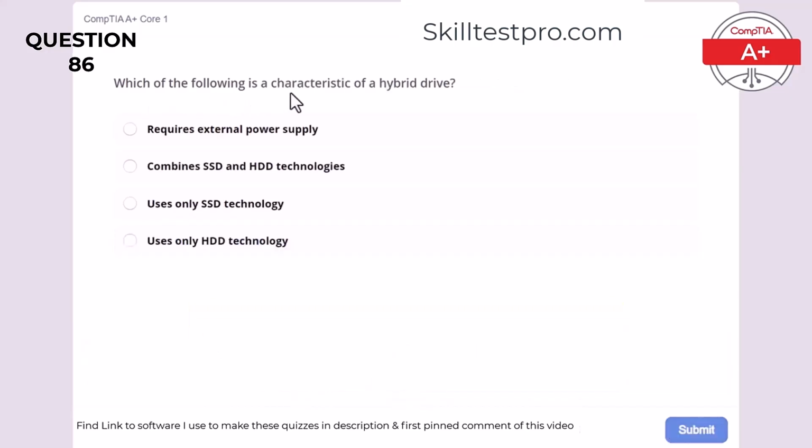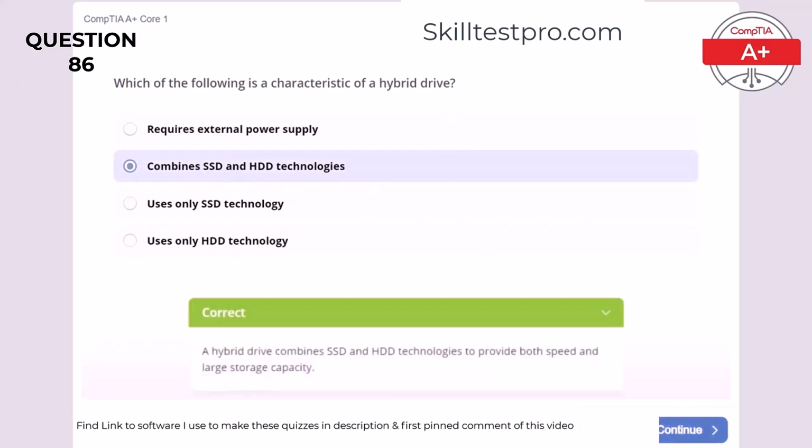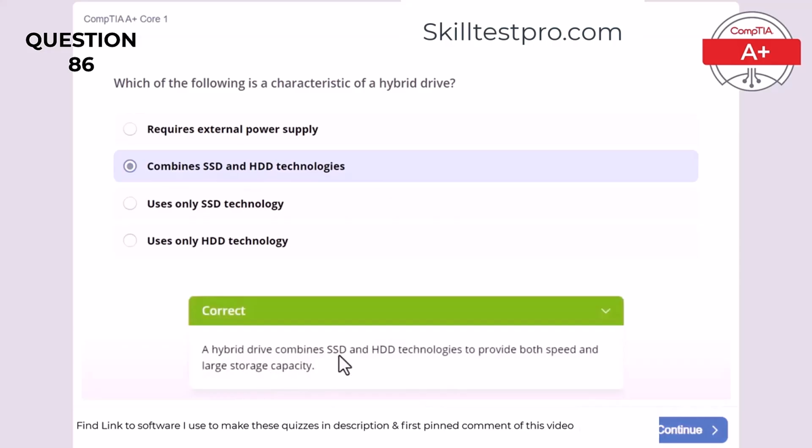And which of the following is a characteristic of a hybrid drive? Requires external power supply, combines SSD and HDD technologies, uses only SSD technology, or uses only HDD technology. And the correct answer here is combines SSD and HDD technologies. A hybrid drive combines SSD and HDD, or solid-state drive and hard disk drive technologies, to provide both speed